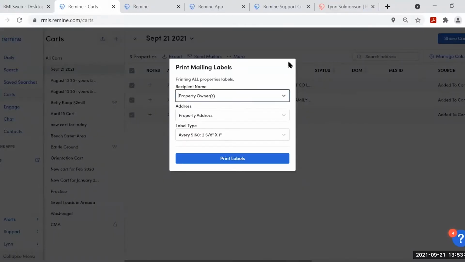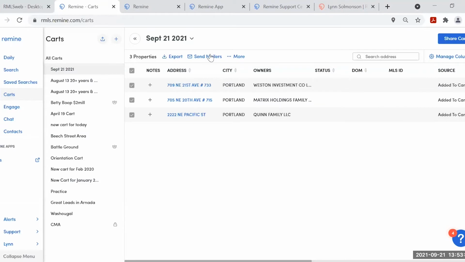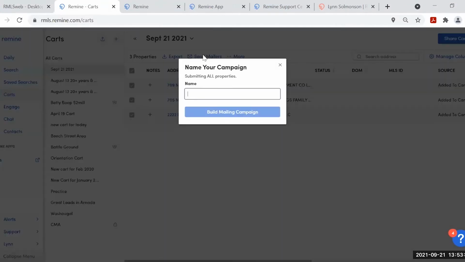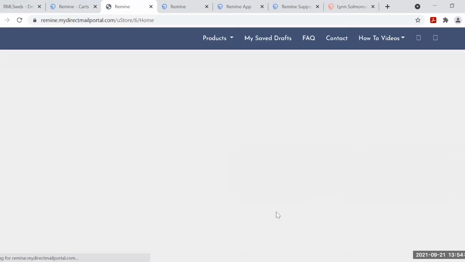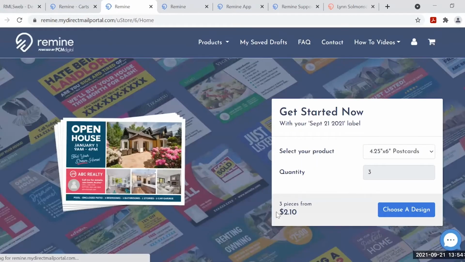Okay, your other option that I'm coming back to here is send mailers. So I'm going to click on send mailers and name your campaign. Build mailing campaign. Okay, and it's taking you over to the Remine site.